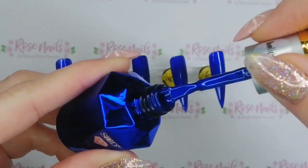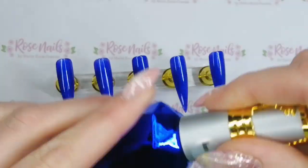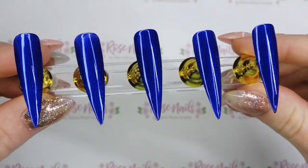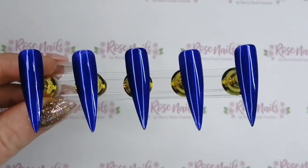SBD London today. Isn't that the most gorgeous blue? Can we just stop and appreciate that blue for a sec? Oh my days. Right, this set that I'm going to do was a bit of an accident actually, so just